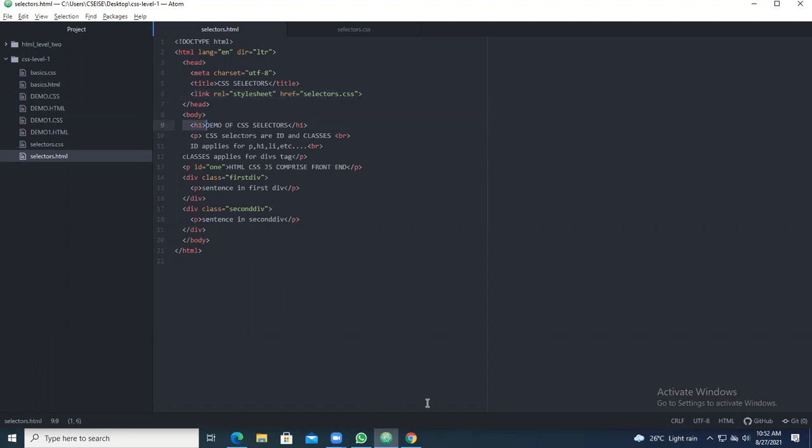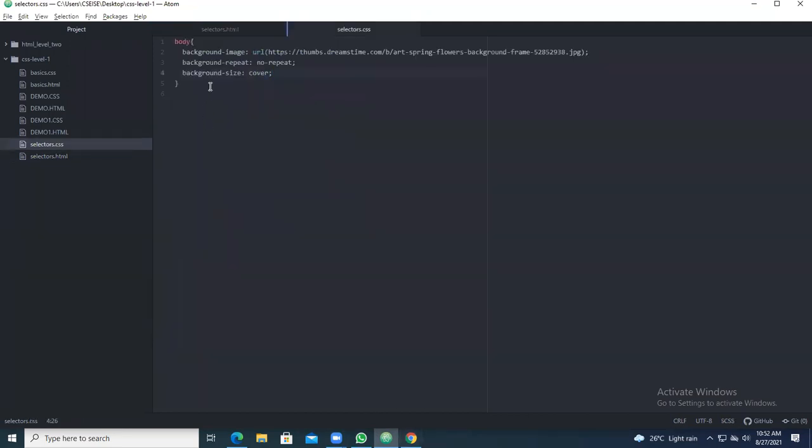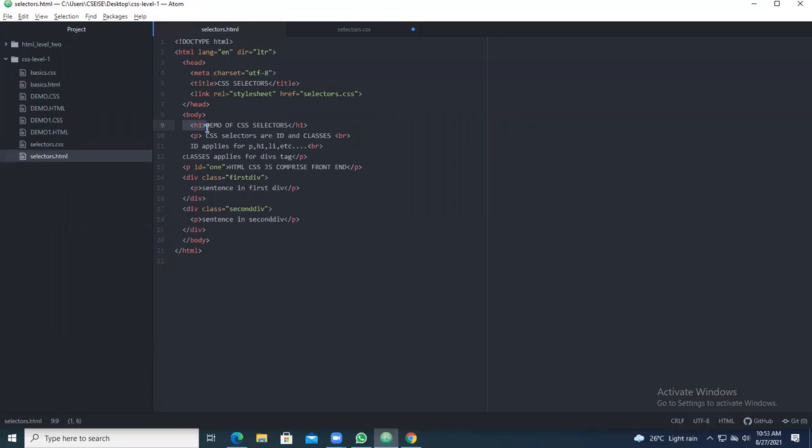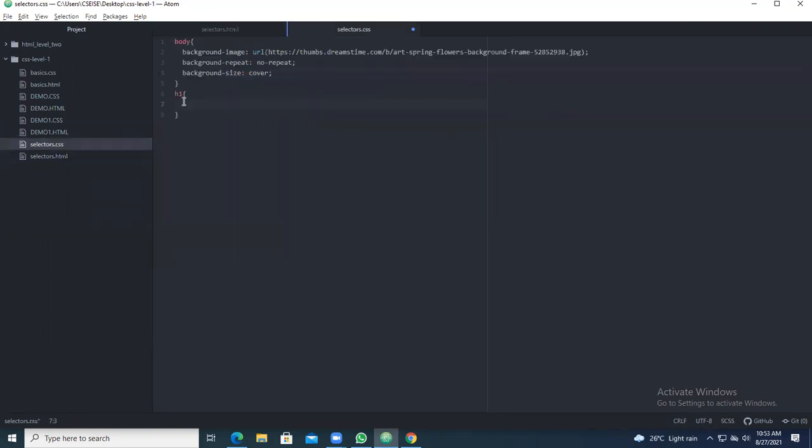Now after the body, what is the next tag you are having? You are having the H1 tag. So write the settings for the H1 tag. What does the H1 consist of? You are having text here. If it is text, you can have text color, background color, and everything else.